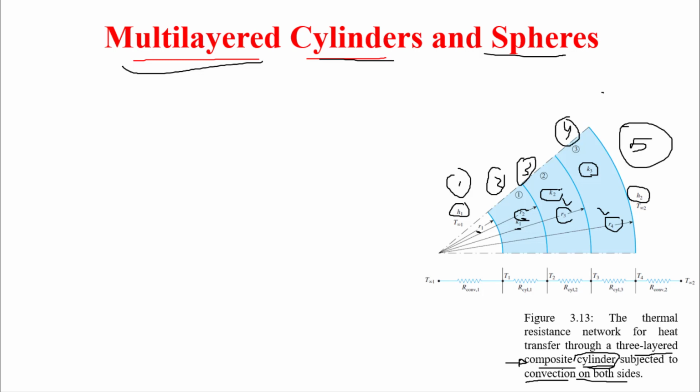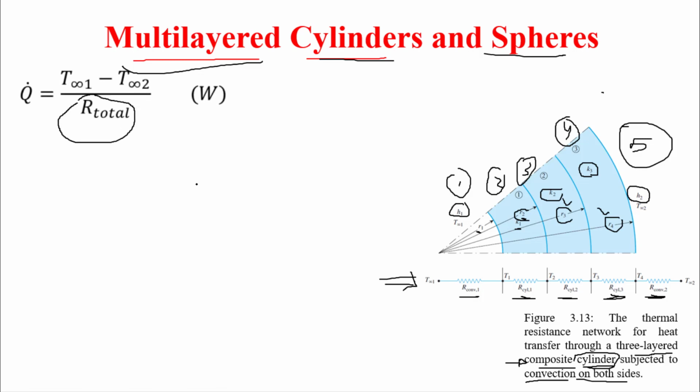In this arrangement, all of these resistances are in series, as you can see here in this resistance network, all of them in series. So here is convection 1 and this is our convection 2 at the outside of the cylinder, okay. This is our cylinder 1, this is conduction, okay. This one is due to convection, this one is due to conduction, this one due to conduction are cylinder 2, and here is cylinder 3.